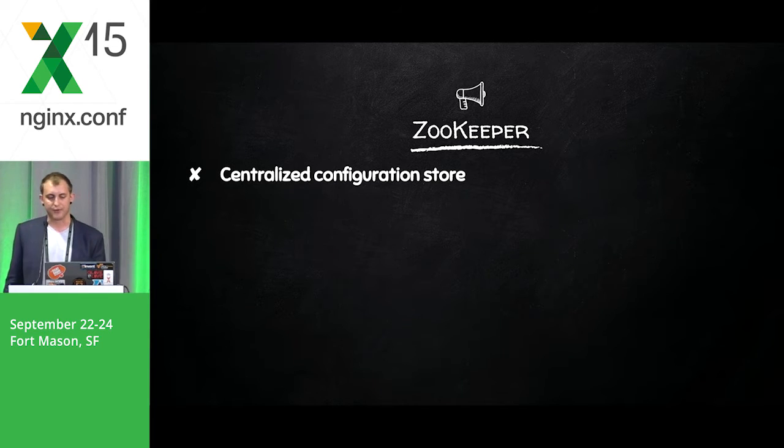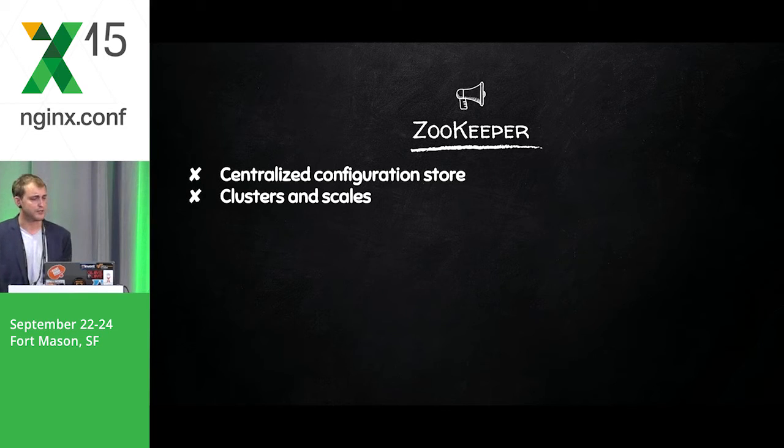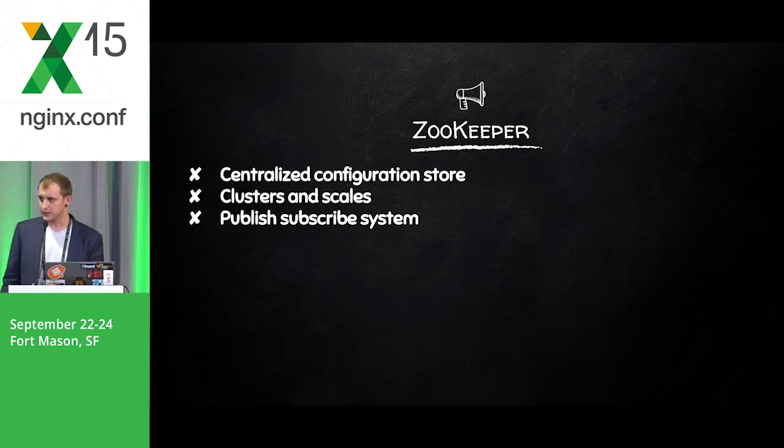Zookeeper is a centralized configuration store. This is where you might store all of your metadata about a server, all of its roles, all of its data models that it's running, things to that effect. Zookeeper clusters and scales really nicely. It's a pub/sub system, so that means that we're not only able to push data to it and pull data out of it, but you're able to subscribe to different events within the system and register callbacks to be had when an event takes place, or something changes in the system, or data are presented.